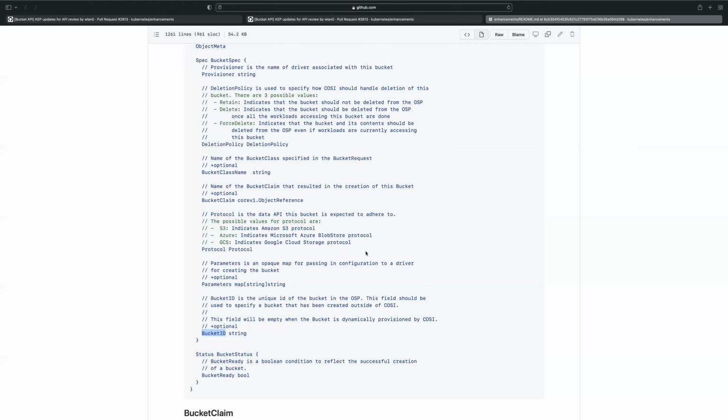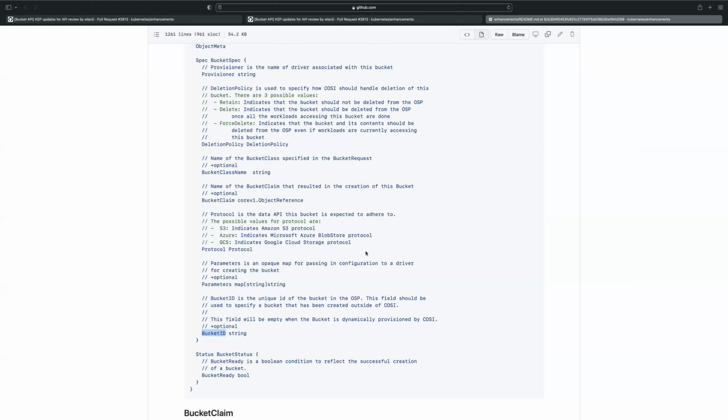Coming from that perspective, I would like suggestions on the name then. In the spec, maybe we don't call it bucket ID. In the status, we can leave it as bucket ID, and in the spec, should we call it source bucket ID? Requested bucket ID? Well, not requested, right? Because it's the bucket ID of an existing bucket. Right, so it's either just existing bucket ID or something, maybe that's pretty clear. Source is fine too, but it doesn't sound right somehow.